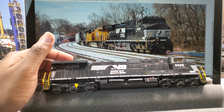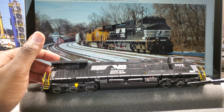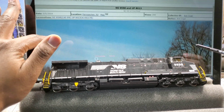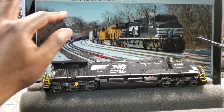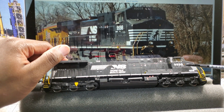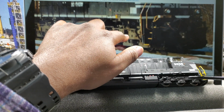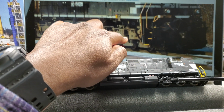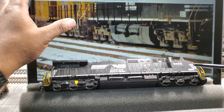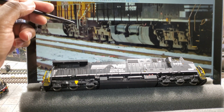To compare some of the model details towards the prototype, as far as the stenciling goes, labels, detail parts, etc. So looking at the engine side of the locomotive, back in 2014 in Pensacola, New Jersey, they had this guy here. Now you see that the engine designations here forward on the locomotive in 2014. Come around now the trucks. Now you see how the trucks had this plate here, which should be around this little location, but on the model it has this little nub. It was there in 2014. And also you can see where the ELTD plate is right here on the model, but it's here on a